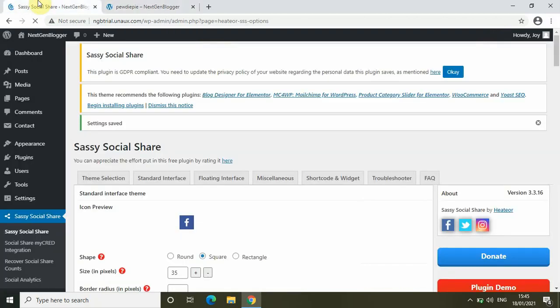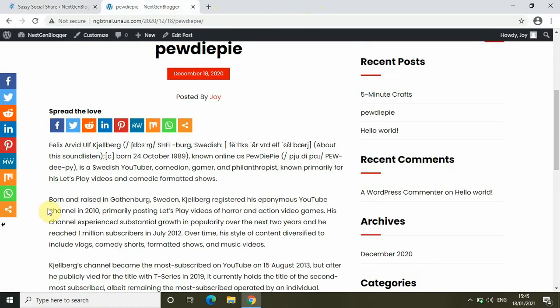So let me just go back to my dashboard and let's say I don't want the floating interface at all. I just want the standard interface.